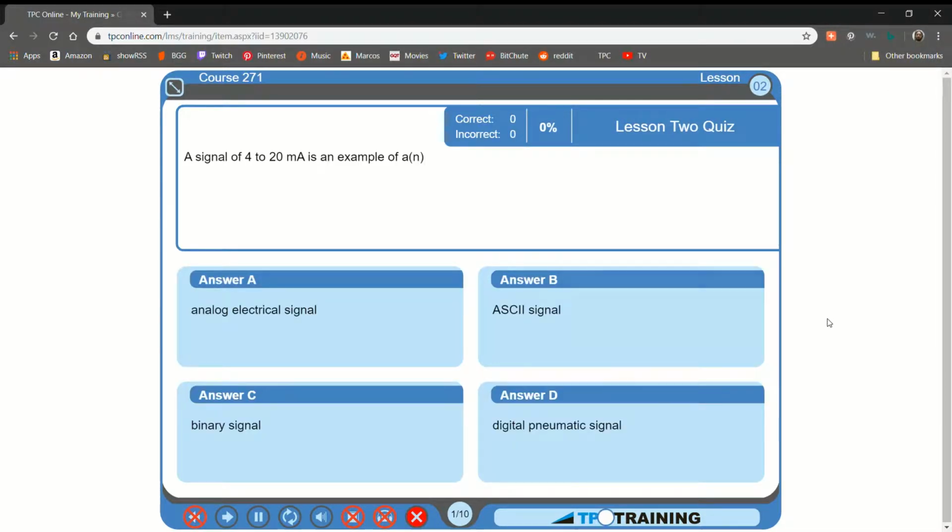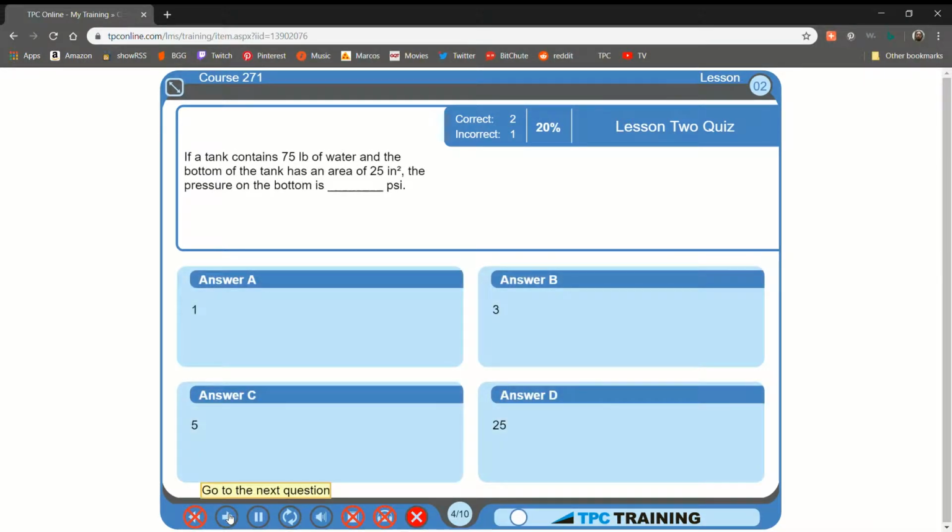Signal. B, an ASCII signal. C, a binary signal. D, that is correct. The binary number 00001111, that is not correct. ASCII is the code most often used to represent. That is correct. If a tank contains 75 pounds of water and the bottom of the tank has an area